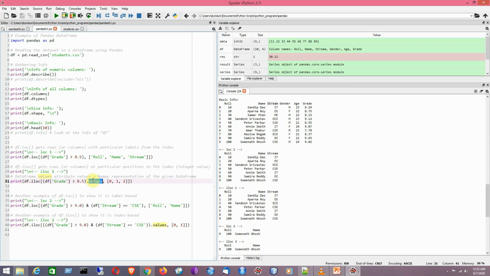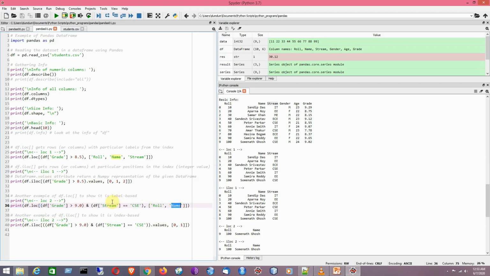And another thing is that we can have more than one condition. Suppose here we are going to consider the grade points of students that is greater than 9.0, and the particular student is from CSE. So here we have combined two conditions by using AND, and we are going to print here role and name only.